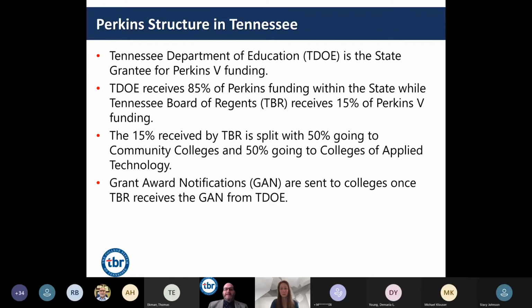Since the State Department of Education in Tennessee is the grantee, TBR is a subgrantee. We have agreed to accept 15% of those funds, of that $26, $27, $28 million from Congress that goes to Tennessee. Now that 15% is important because in the legislation, if we got 1 percentage point higher, if we got 16%